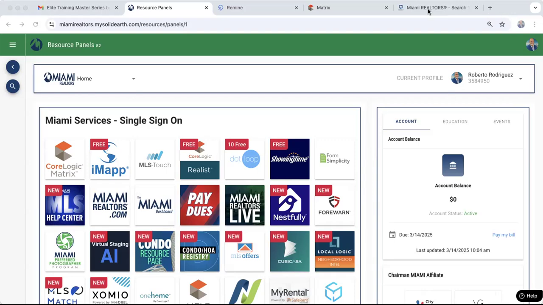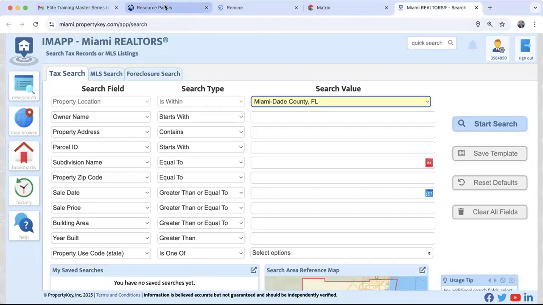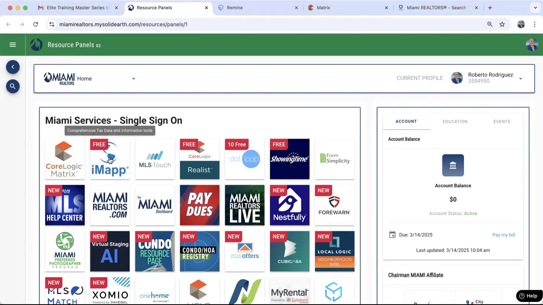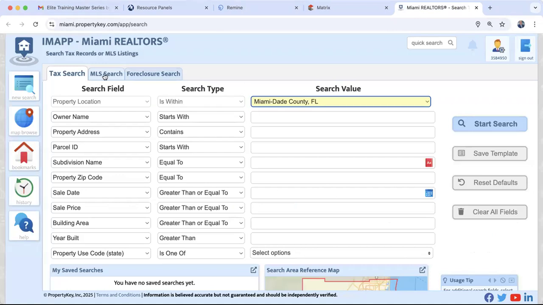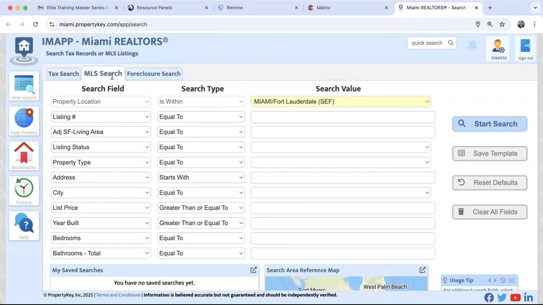Let's go ahead and open up IMAP real quick. And then, of course, IMAP is right up here. You will open it up and you have tax search, which allows you to look through all public record. So whether you want to find a single property or an entire community or an entire building, you can find them inside of IMAP. IMAP also gives you the ability to run an MLS search,